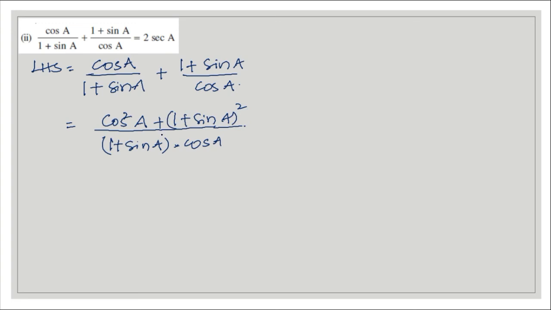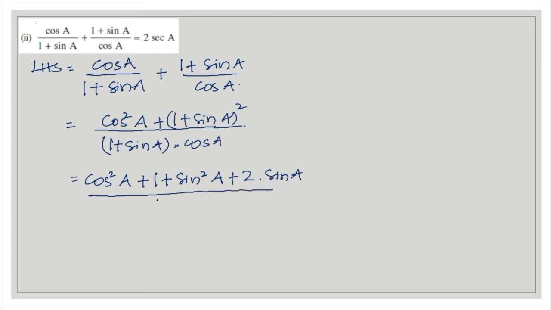Let us expand this 1 plus sine A whole square. We get cos square A plus 1 plus sine square A plus 2 times of sine A, since a plus b whole square is a square plus b square plus 2ab. Here a is 1, so it is 2 times of sine A only,